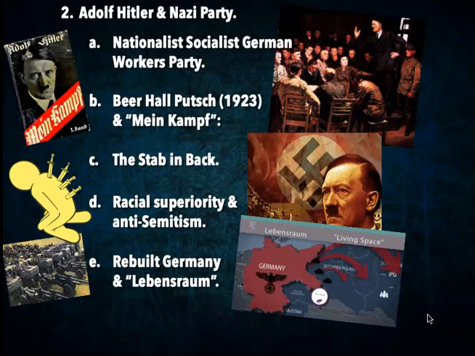He also writes in Mein Kampf about his plans for this rebuilt Germany, and his belief that Germans, because they are a master race, are deserving of what he refers to as Lebensraum, which is translated into living space. And what he, in effect, is arguing is that the Germans are deserving of more land than just Germany itself. Because they're a master race,